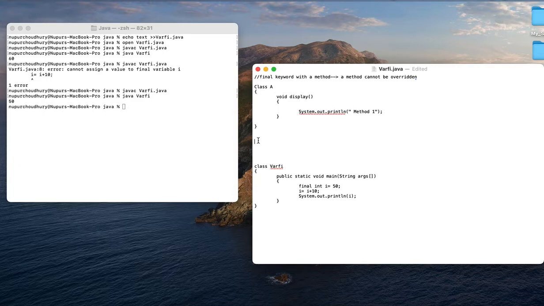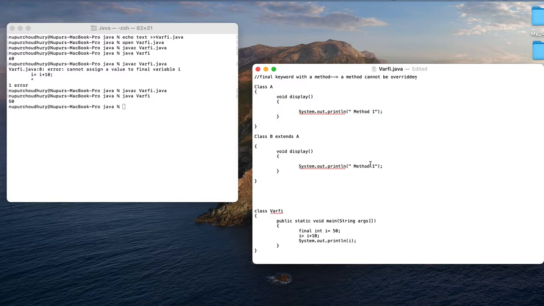Now I will create a different class which is B extends A, and here also I will use the same method which is void display.